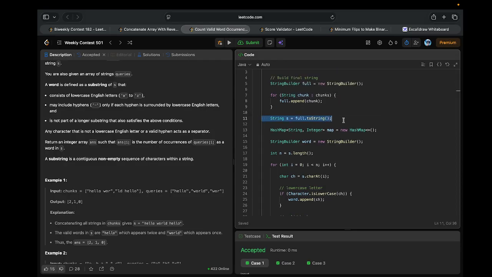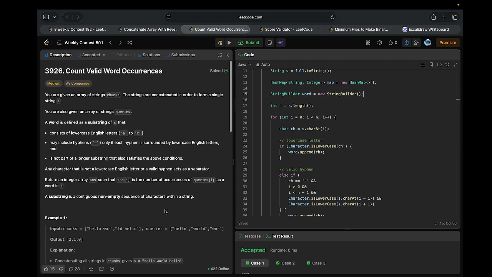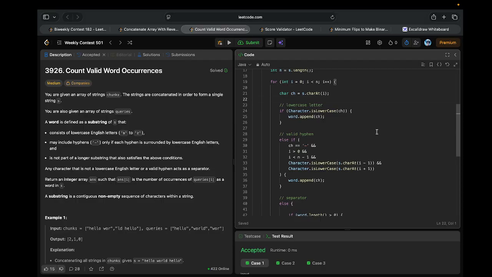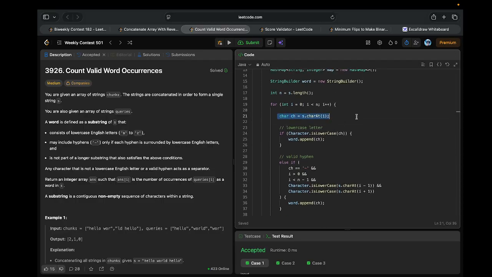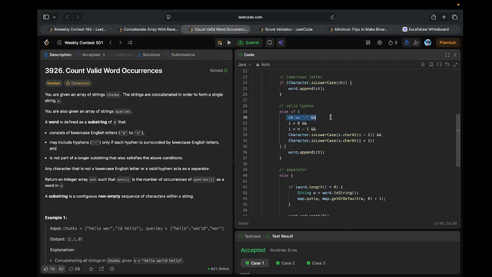And after this I got a string, and after that I have created a hash map because I need some way to actually count the number of occurrences of each word. And I have created a word which helps me form a valid word in cases of hyphens and separators, how I have to avoid them, right? After that I'm checking if it's a character, then no need to do anything, just simply attach it to our word. But if it's a hyphen, then make sure that